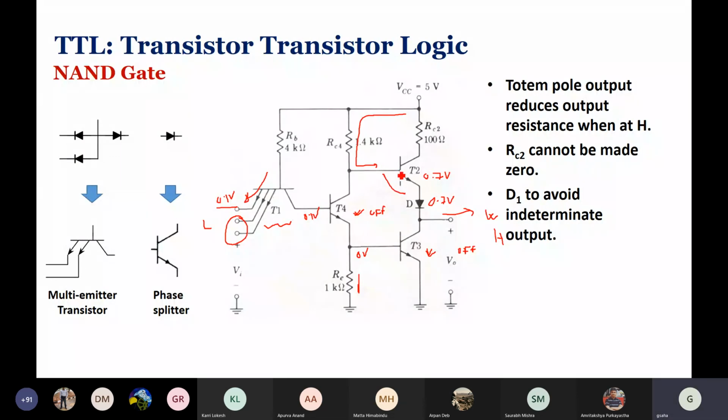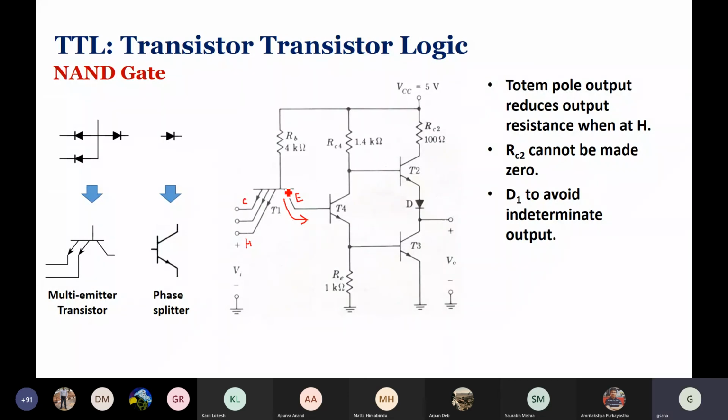Then what happens at that time? So let me erase this part first. So this is high, 5 volt or 3.6 volt or that kind of thing. So at that time, what happens? We shall have a deeper discussion later, but the current at that time will flow in this direction. So this will behave like an emitter and this will behave like a collector.